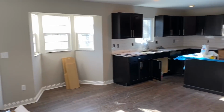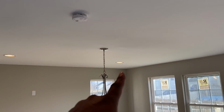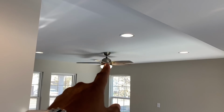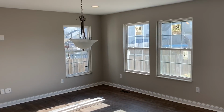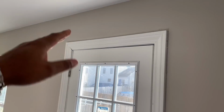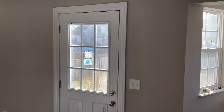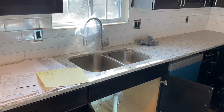All right, so this is the kitchen. Love those cabinets. We're gonna put a ceiling fan right here, just like the one that's right there. We got all the can lights in. That looks great. There had to be some trim work and repairs done that I didn't quite notice, but Joe got that taken care of for me, so it looks good. The door was coming out from the wall, and there was a big gap at the top, so he took care of that. There was also a lot of electrical work that had to be done